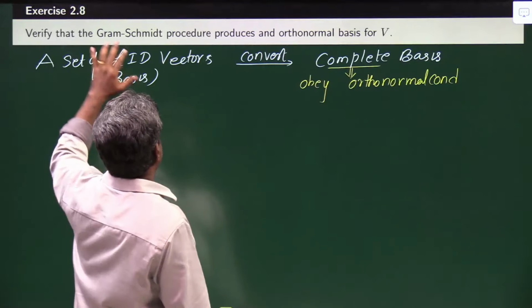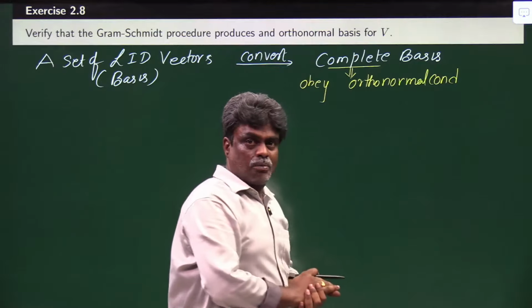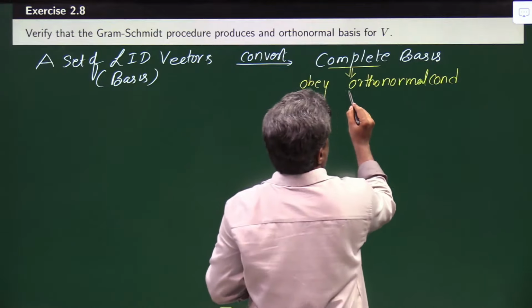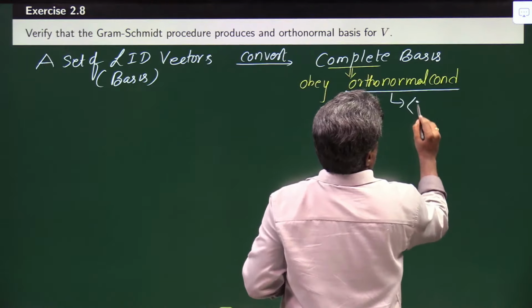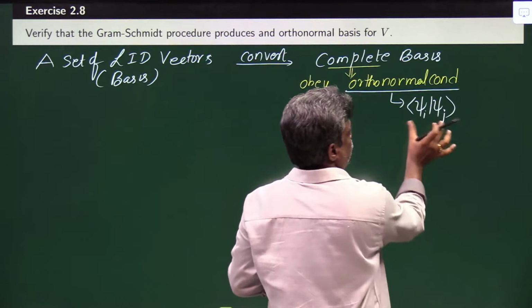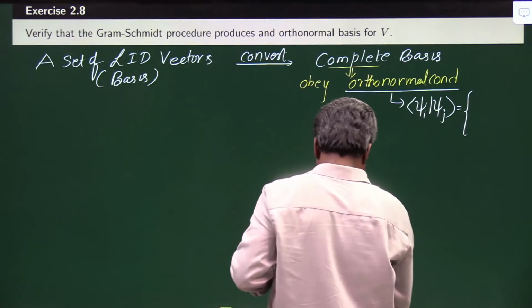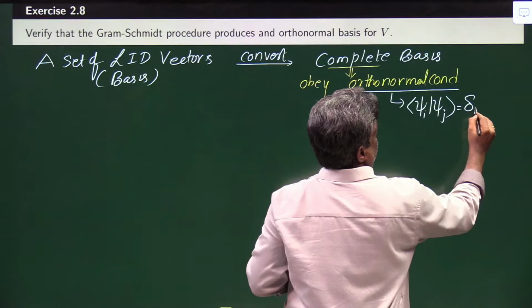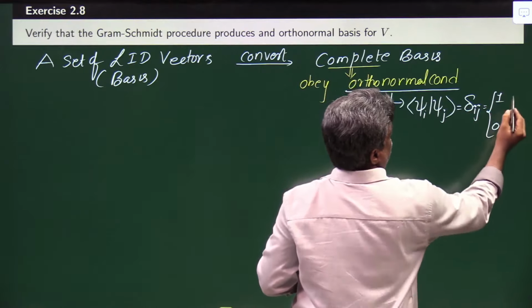So if you apply this process, whatever basis states we get from this process, they definitely satisfy the orthonormal condition. That is, if you make the inner product of two vectors, psi i and psi j, we'll get delta ij,